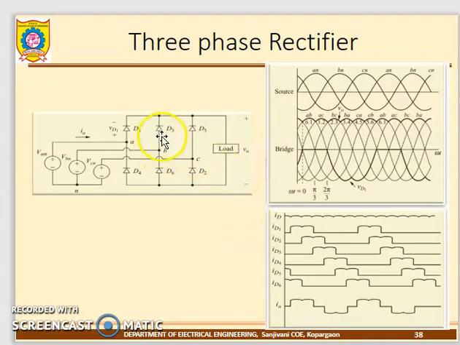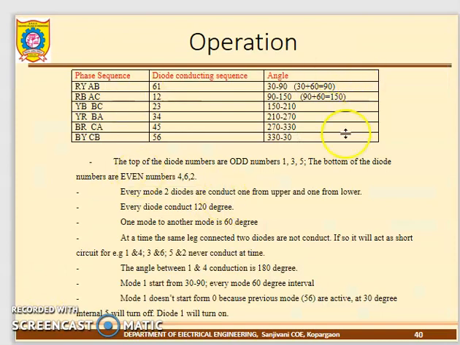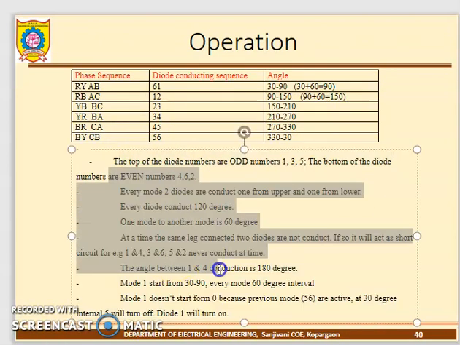Similarly, D3 conducts after 180 degrees from D6, and D5 after 180 degrees from D2, to avoid short circuit. So for each diode, how many degrees is it conducting? 60 plus 60, 120 degrees. Each diode conducts for a 120 degree angle. So this is one slide where I gave all the information for the entire